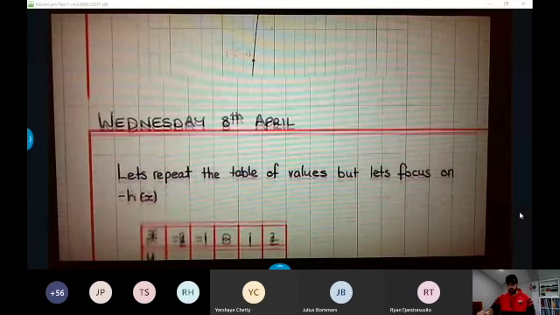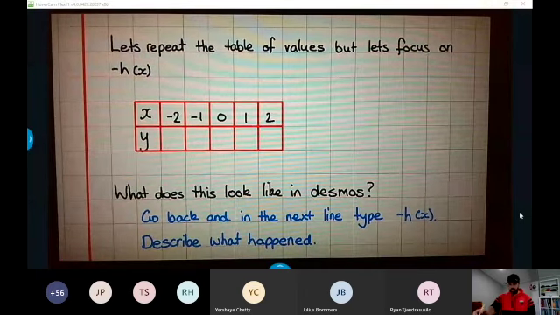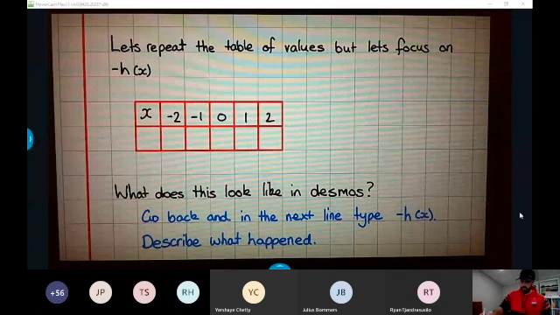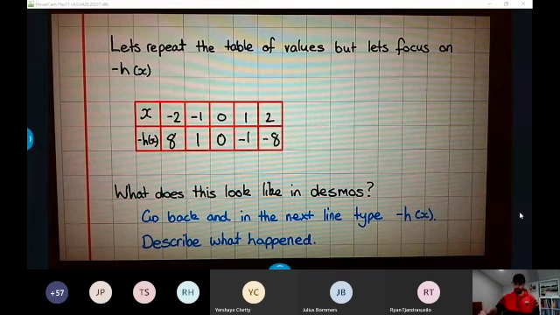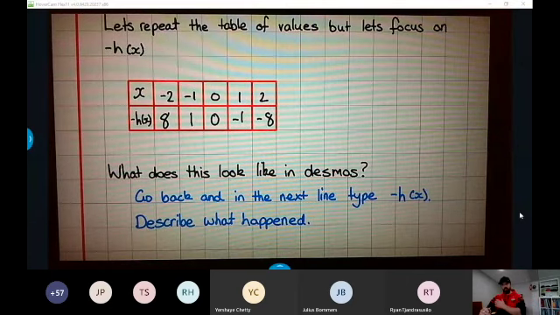Moving on, let's repeat that with negative h of x. What's negative h of x going to give us? It's just going to change all the signs, isn't it? Everyone agree? The signs, yeah, our signs are going to change. We've got 8, 1, 0, minus 1, minus 8. So if you were to go through